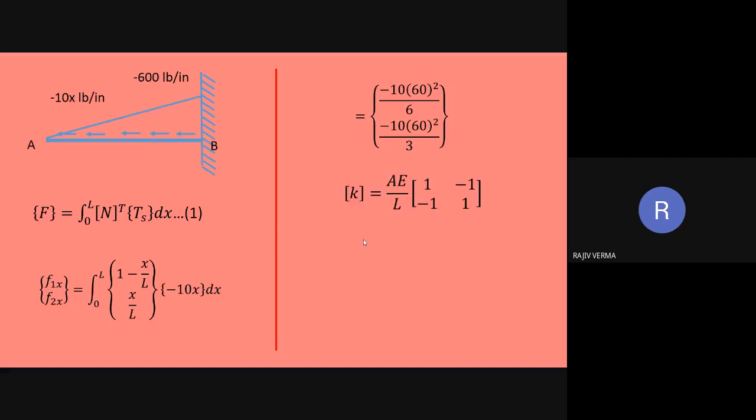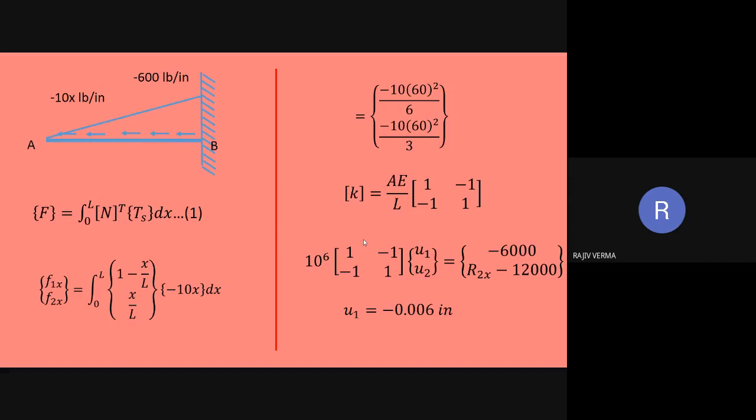And since we know the stiffness, we can very well find the value of U1, which comes out to be minus 0.006 inches. U2 obviously is a known parameter, but since the reaction at point B is not known, we are basically using the first equation to find the value of U1, because in the first equation we know the value of U2, which practically means that there is only one unknown in the first expression.